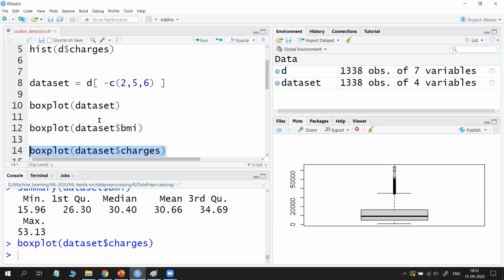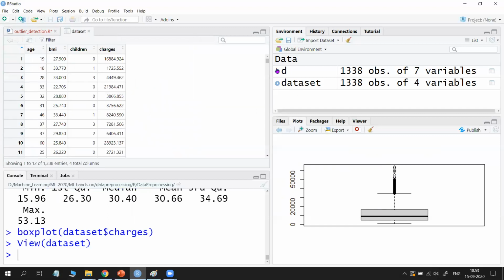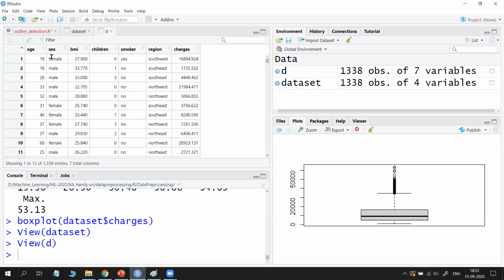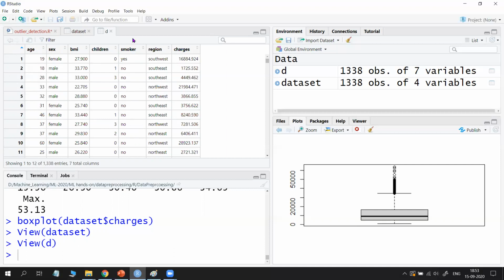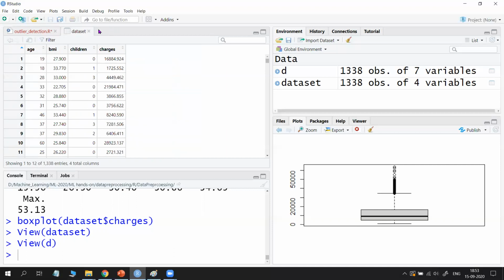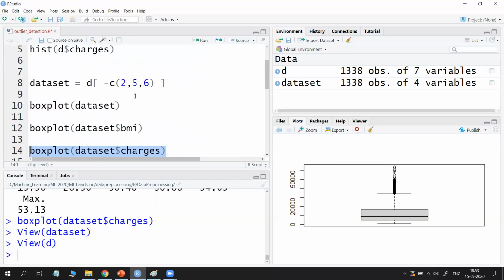You can apply it to any variable which has numbers. First I removed the variables which are categories: gender is not a number, smoker is not a number, region. I removed those three and drew the box plot for the remaining and found the outliers.